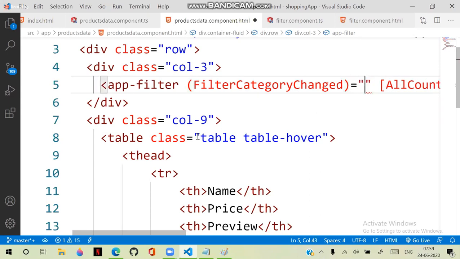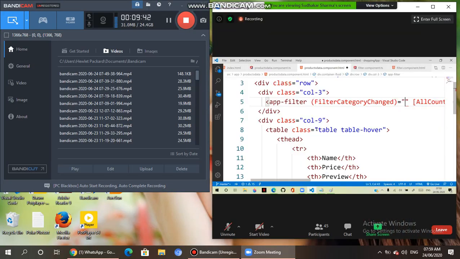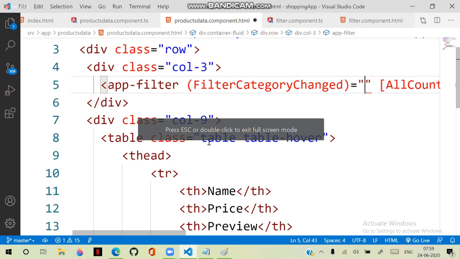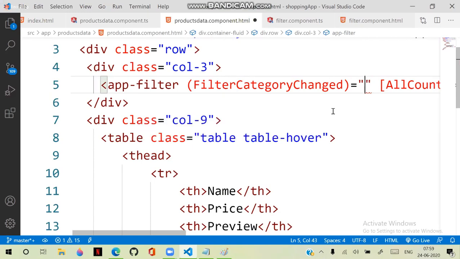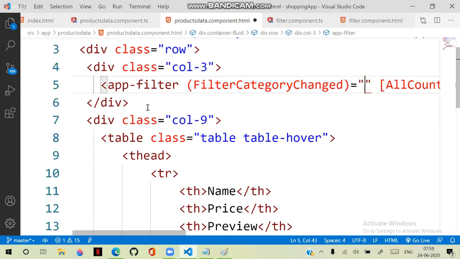On the change, we need a function. We have to collect that function. This is having the category name. We need to pass that into this. That means app